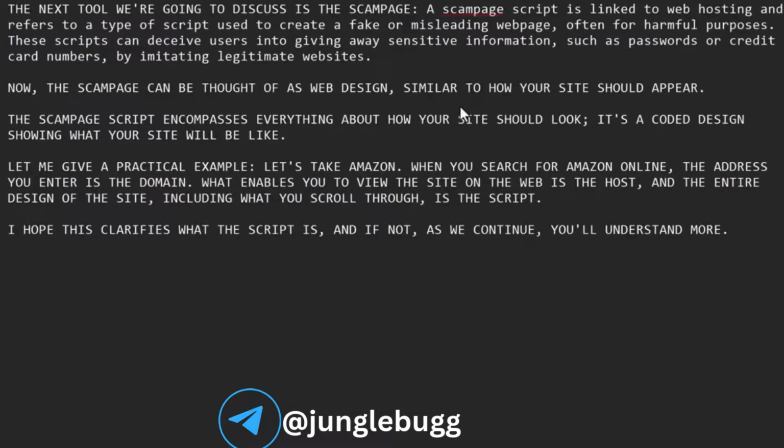The next tool we're going to discuss is the scam page. A scam page script is linked to web hosting and refers to a type of script used to create a fake or misleading web page, often for harmful purposes. These scripts can deceive users into giving away sensitive information, such as passwords or credit card numbers, by imitating legitimate websites. Now, the scam page can be thought of as web design, similar to how your site should appear. The scam page script encompasses everything about